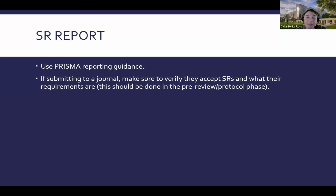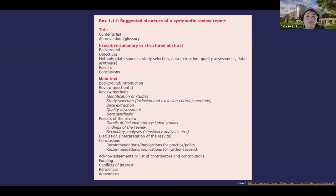And if you need help with that, that's why we're here, the librarians, to help you find the right place to disseminate your work. So here's a suggested structure of a systematic review report, where you have your title and